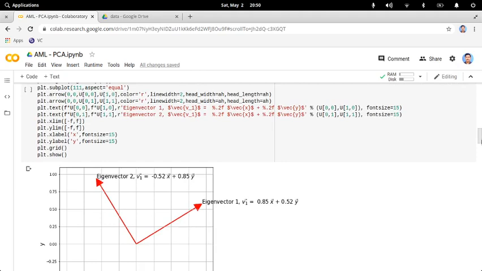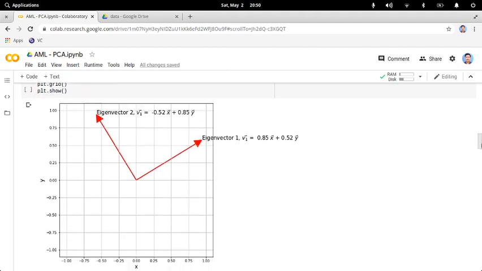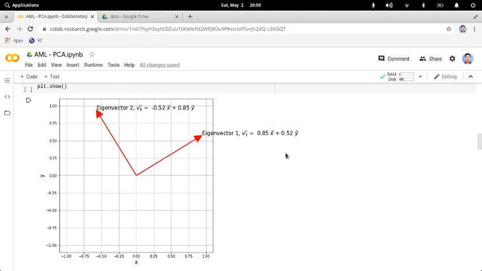We plot these eigenvalues and eigenvectors. This is the first eigenvector, this direction, and this is the second eigenvector, orthogonal to the first vector. So this looks almost the same as the axis rotation example which we have seen in the very beginning of principal component analysis. So this was the original axis x. Now the axis has been rotated like this. In this axis the maximum variability of the data can be captured.